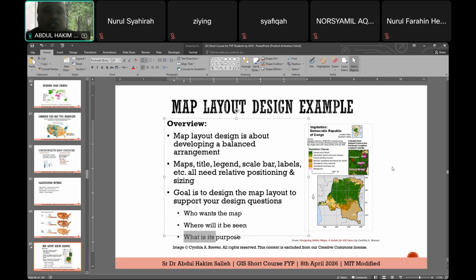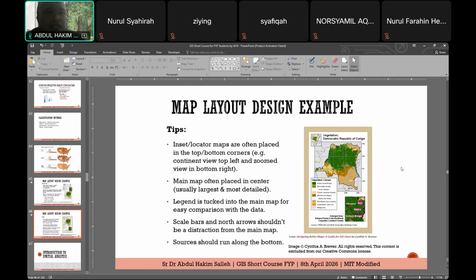Okay, right. If you arrange the map carefully, it will be easier for people to understand the entire map. It is like a story. From the top you will see the title. The user has in mind, now I'm looking at a map with this title, and then they will look at the scale bar, or they will know what the extent of that particular map is, something like that.